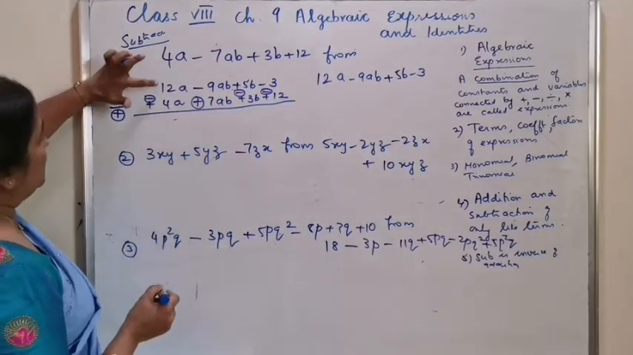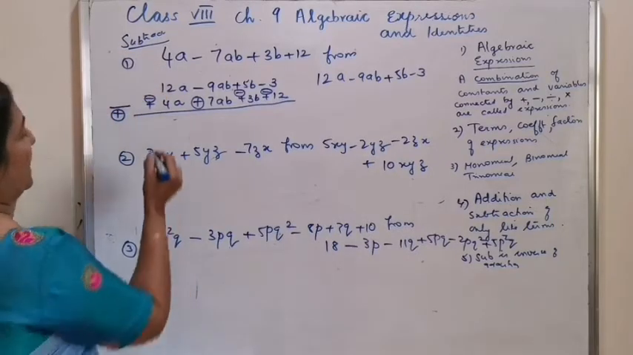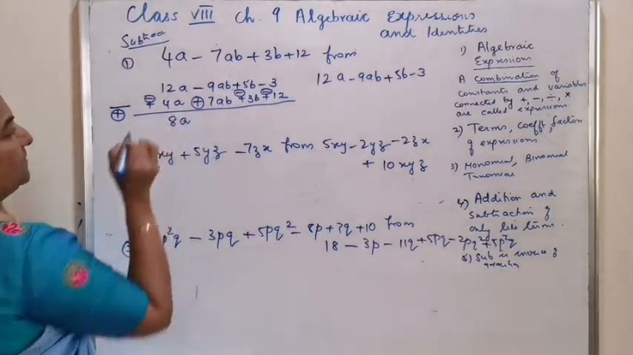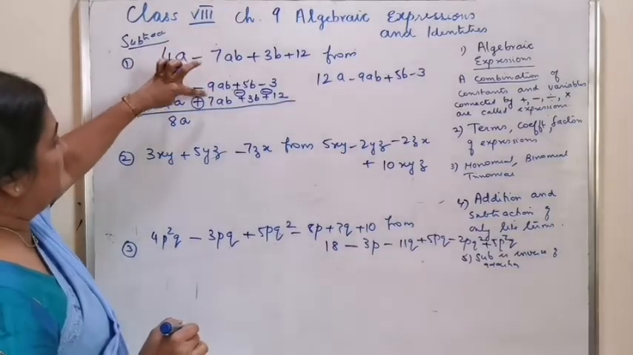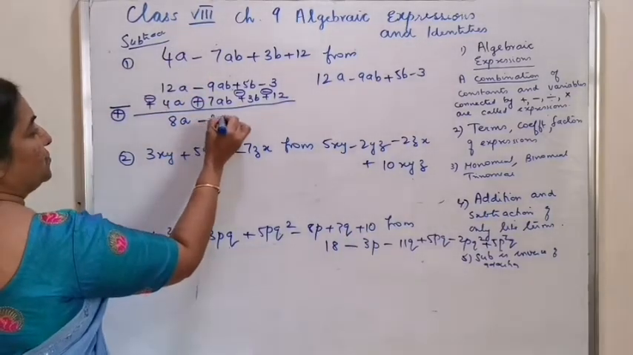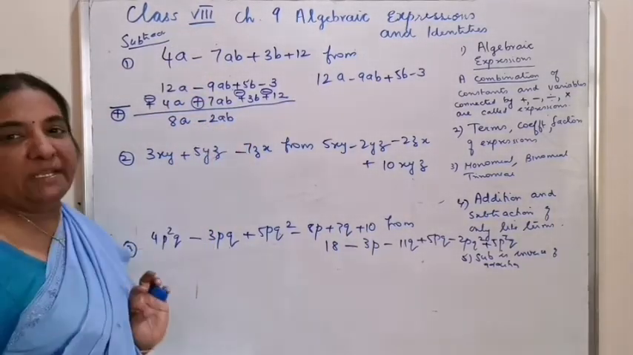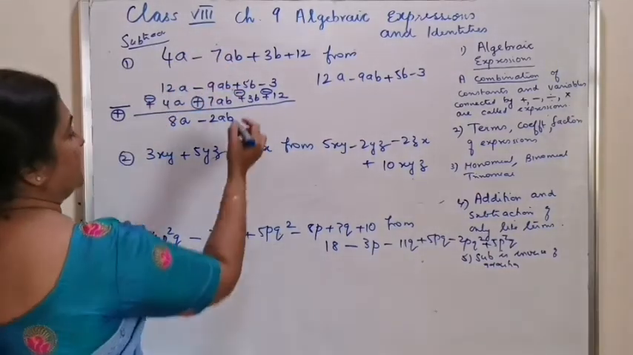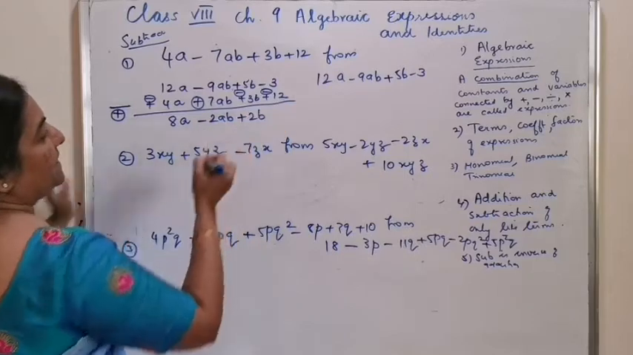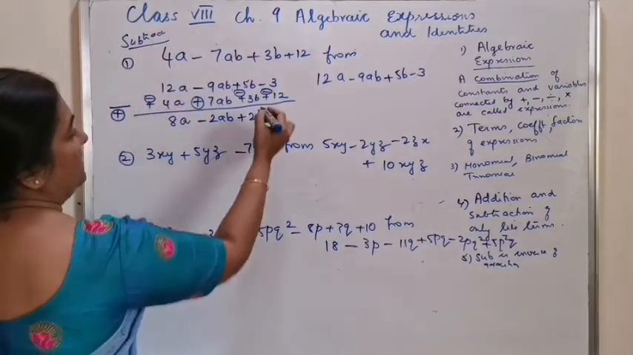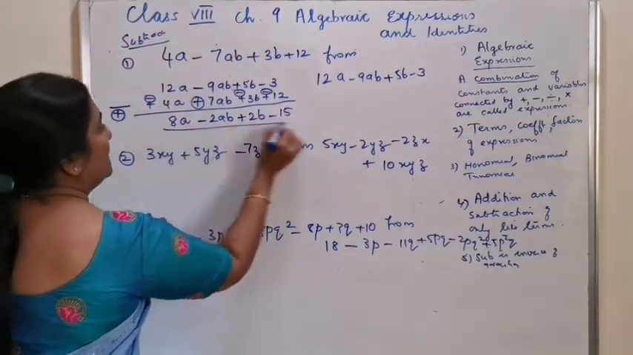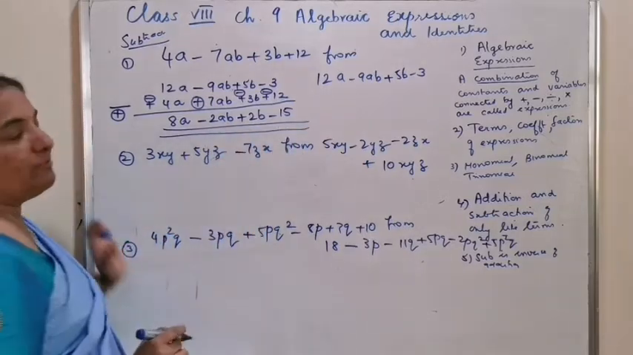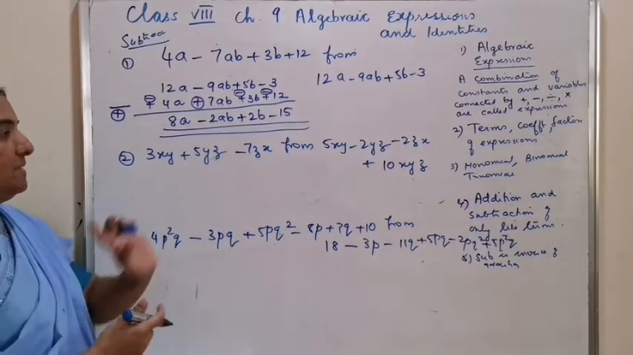And now 12 minus 4a is 8a. Minus 9 plus 7 is minus 2ab. Only the numerical you have to consider. Plus 5 minus 3 is plus 2b. Minus 3 minus 12 is minus 15. So this is the way of finding the subtraction answer. Second one,